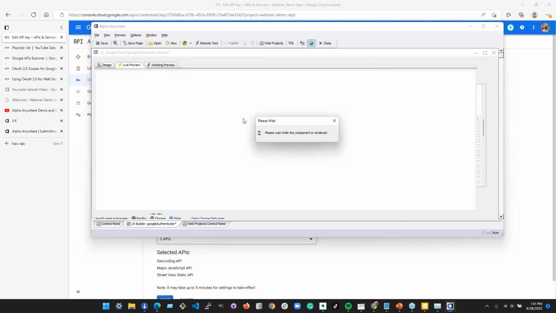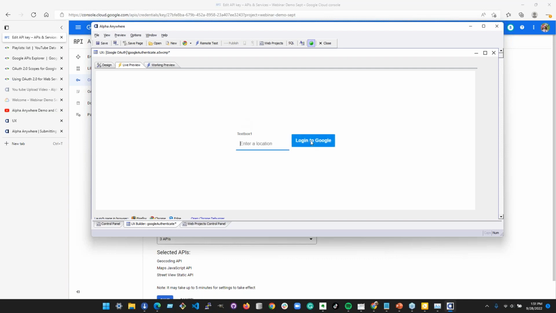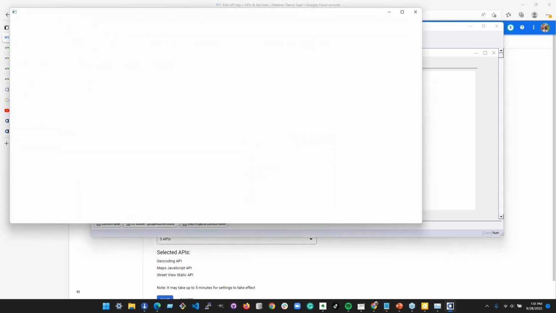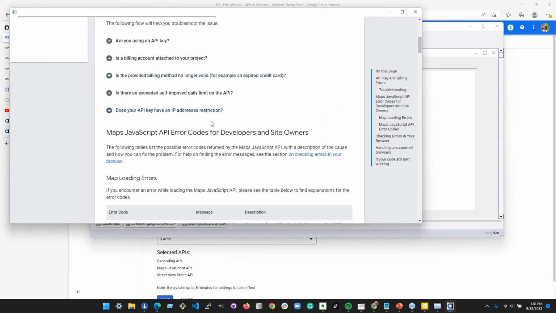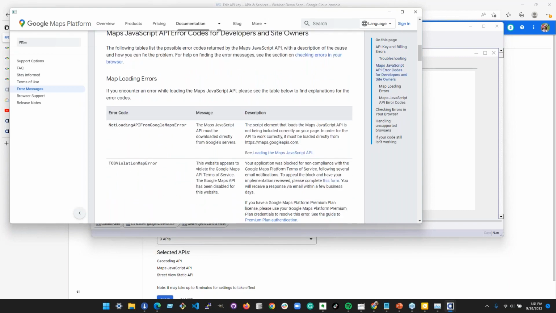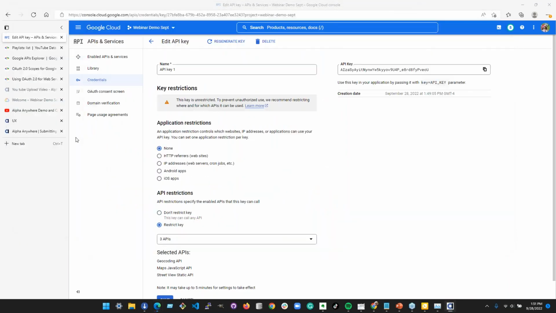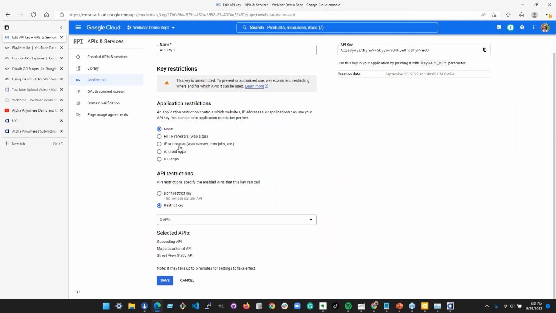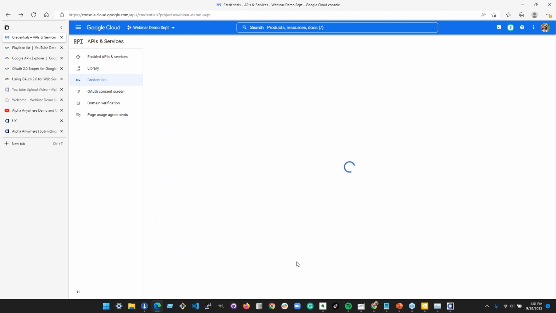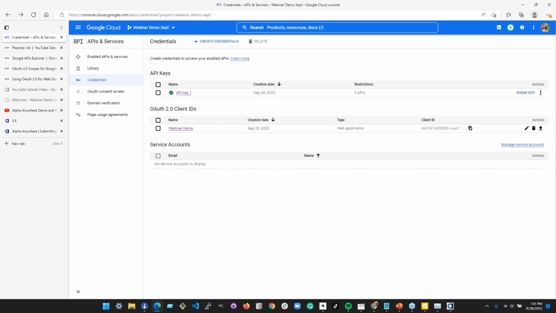So live preview that real quick, because this one will work in this emulated browser environment because it just uses an API key. It's not doing OAuth, which required you to. Yeah. Can't load Google Maps. Do I own this website? Oh, maybe it's not liking the URI because maybe it's in live preview or something like that. Probably. There's probably more configuration I need to do here. Yeah. API restrictions, none. Restrict the key, save. Maybe it's because I didn't save it.